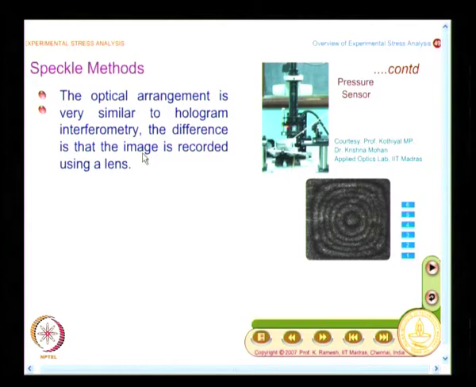So, the difference here is the image is recorded using a lens. The example I have taken here is from a MEMS application, because we had seen whether it is holography or speckle interferometry, they are ideally suited for small scale object measurements. And what you have here is a pressure sensor,